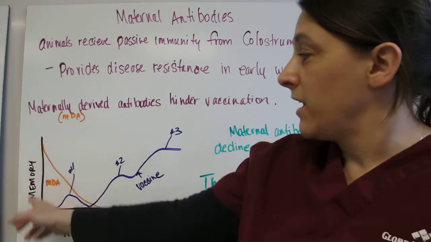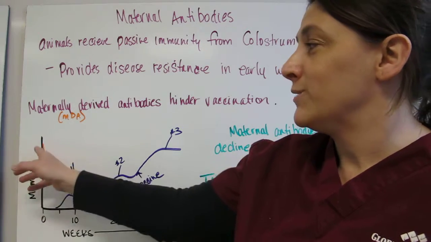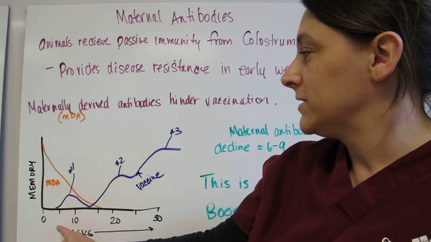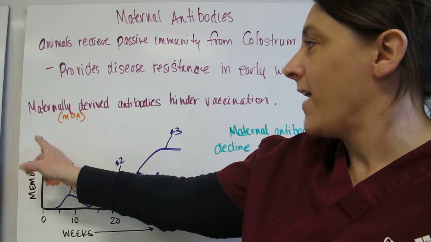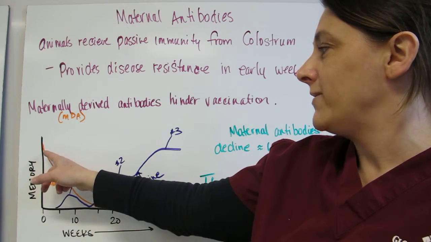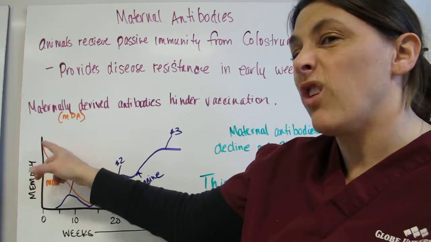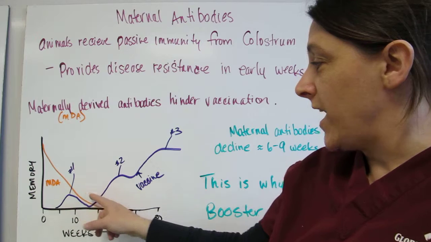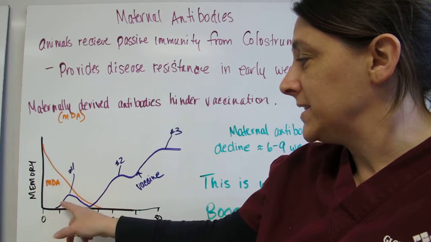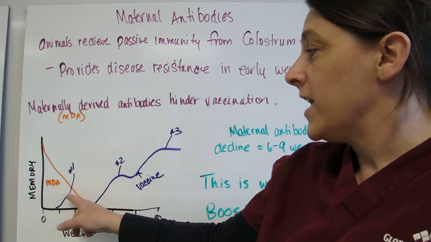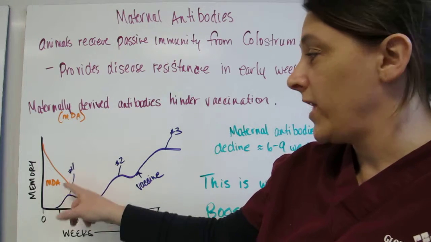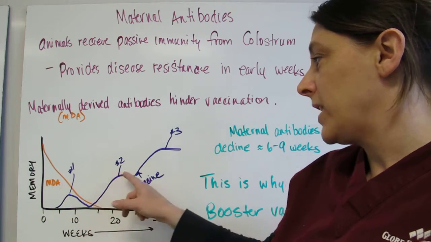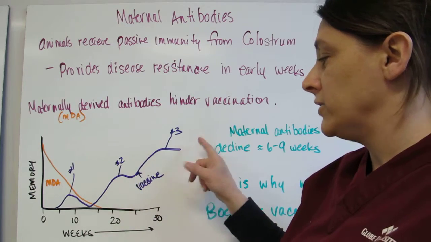So this is a scale here. This would be memory. This is in the plasma. So here at 0 weeks, 10 weeks. Okay, so at 0 weeks they have a lot of maternally derived antibodies because they have colostrum through the first 4 days. Okay, and then it tapers down. So we give our first vaccine, say at 6 weeks. Okay, still has not passed over those maternal antibodies. So that's why we booster again, okay, and then a third time.